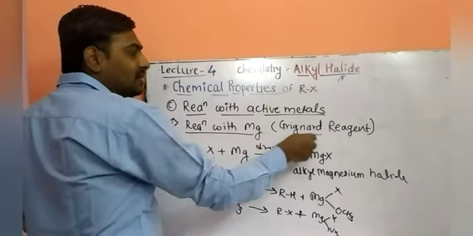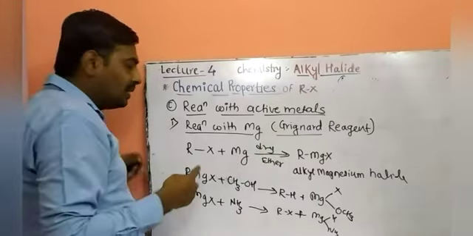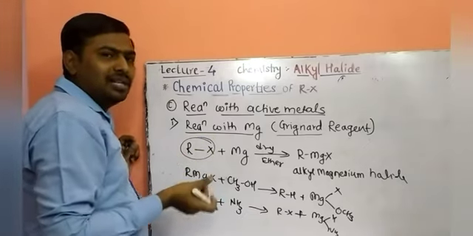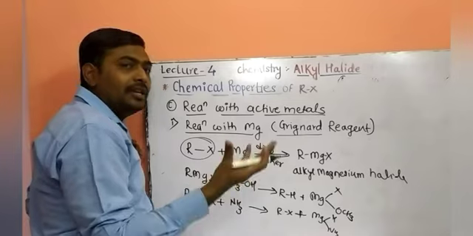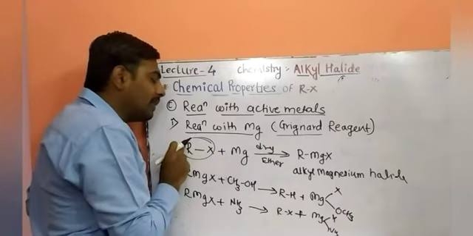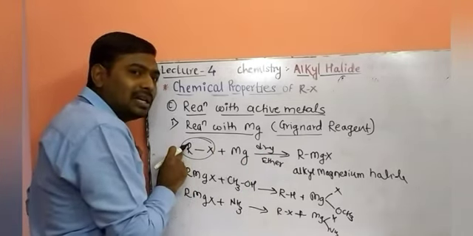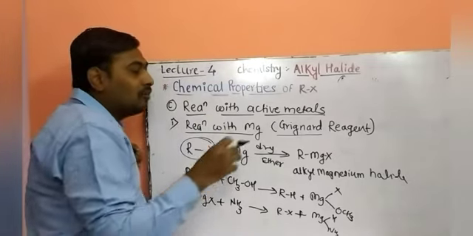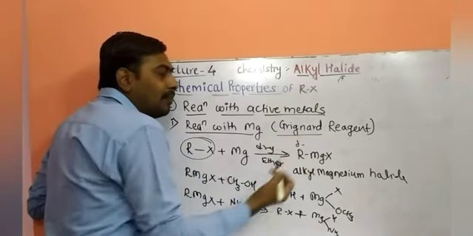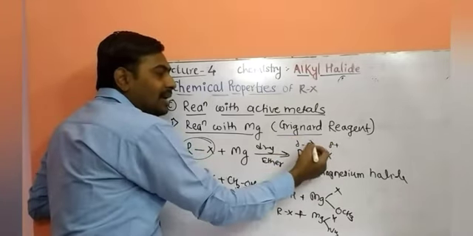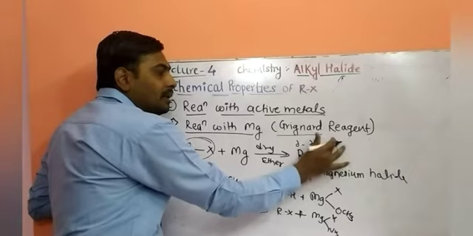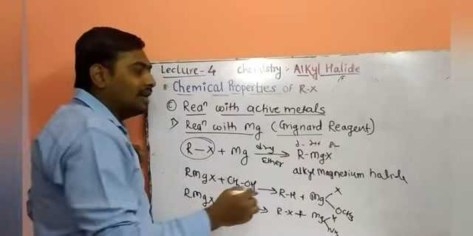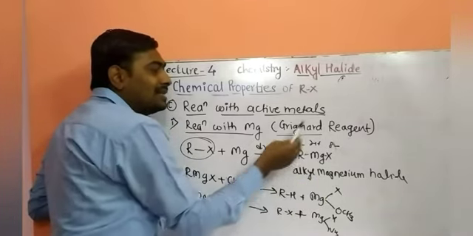It is named after the scientist Grignard who prepared this reagent. Initially the molecule has no polarity in the bond, or partial or less polarity. To increase the polarity in the bond, or to create a minus charge on the carbon atom, the alkyl group, we are inserting divalent magnesium in the molecule. Formation of R minus, X minus and magnesium delta plus. So this is called alkyl magnesium halide, or you may call it Grignard reagent.